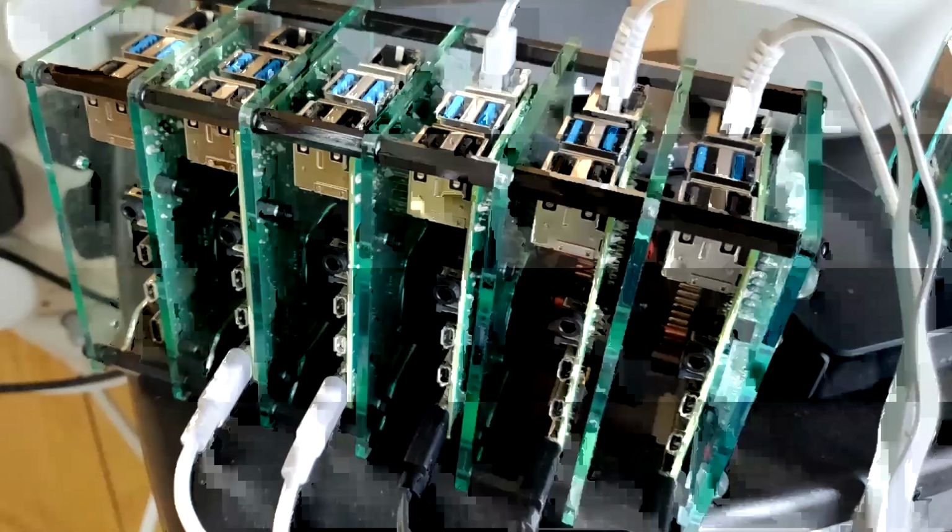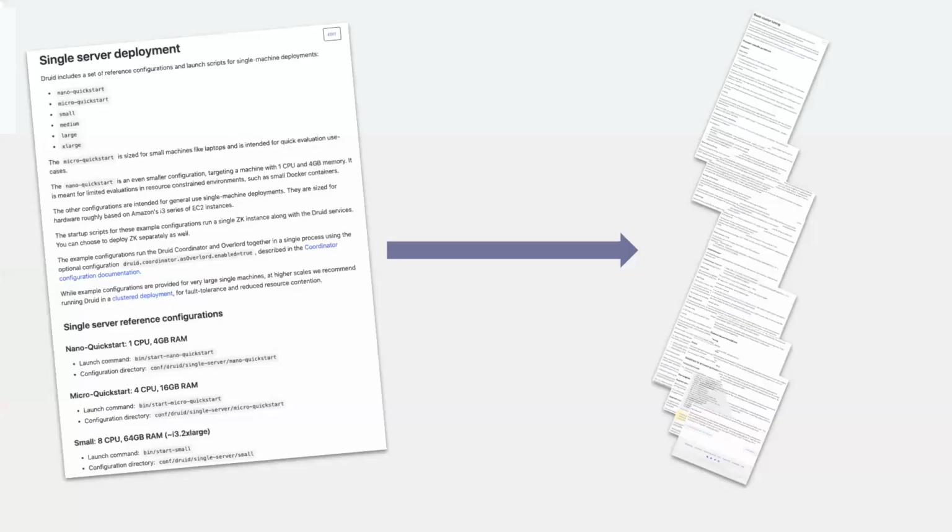One of my biggest issues was the very next component in our architecture, and quite a lot of people have never had to deal with it before. In single server quick start, you're presented with some standard configurations that you can spin up using nano or mini, I think they are. But in a clustered quick start, and especially for mad deployments like I've built on Raspberry Pis, you need to not only set specific Druid functional configurations, but also spend time trawling through the Druid tuning guide to calculate all kinds of things related to this,